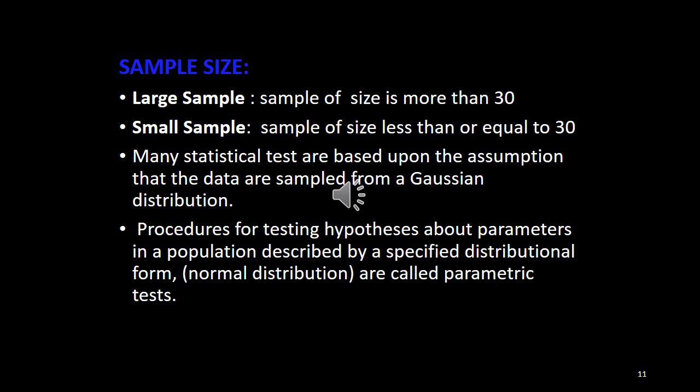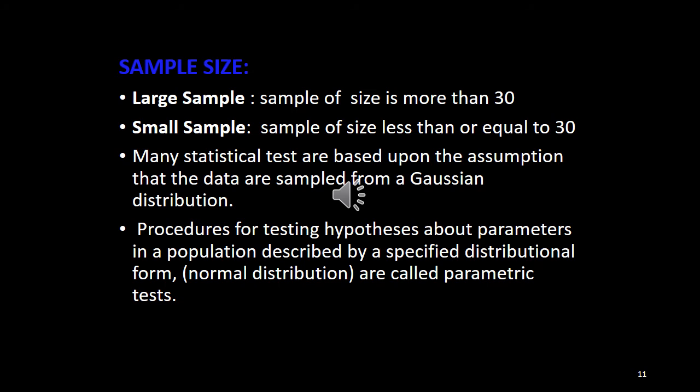Then we will use the T test, because when the sample size is small, the distribution will be approximately normal, or maybe the population is not well defined, its parameters are unknown, its population variance is unknown. Then we have to estimate the variances or standard deviations from the samples, and they are called estimated variances. In case of estimated variances, or when the population is approximately normal and the sample size is small, we use the T test. So that's why sample size is important in the testing procedure.